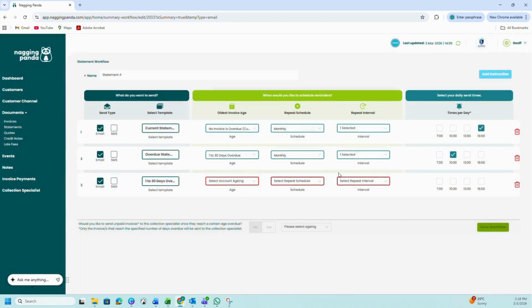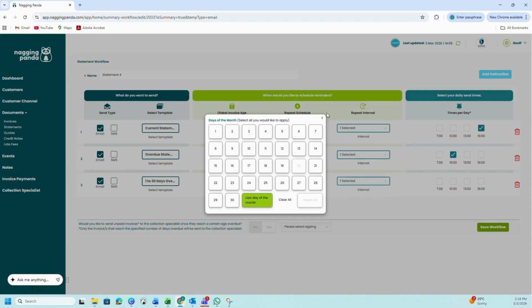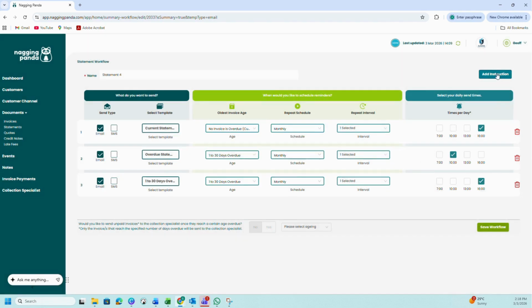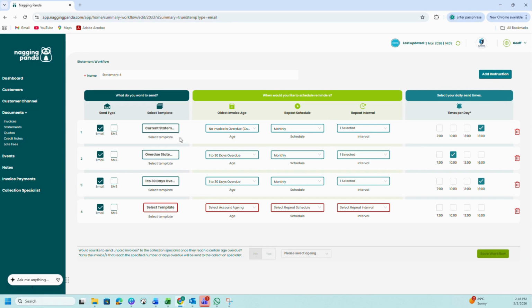So we'll add that in, and then we're going to set that also 1 to 30, because those invoices are due on the 15th, so by the last day of that same month they'll still be between the 1 and 30 day bracket, monthly, and then the last day of the month. Perfect. So now we basically just repeat that out just to cater for any account that has aged beyond the